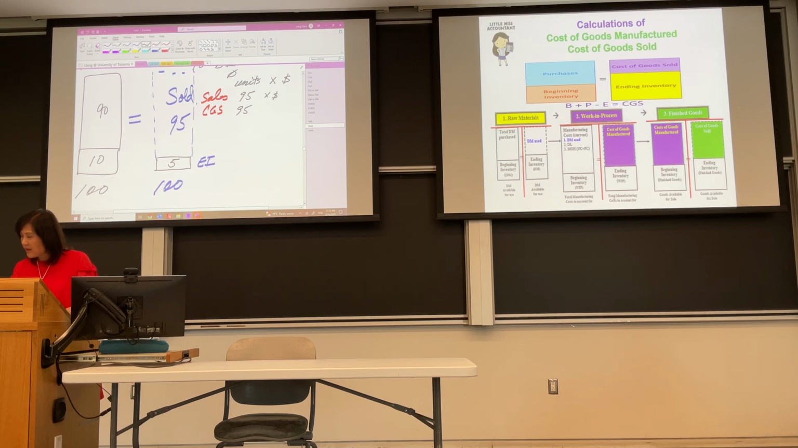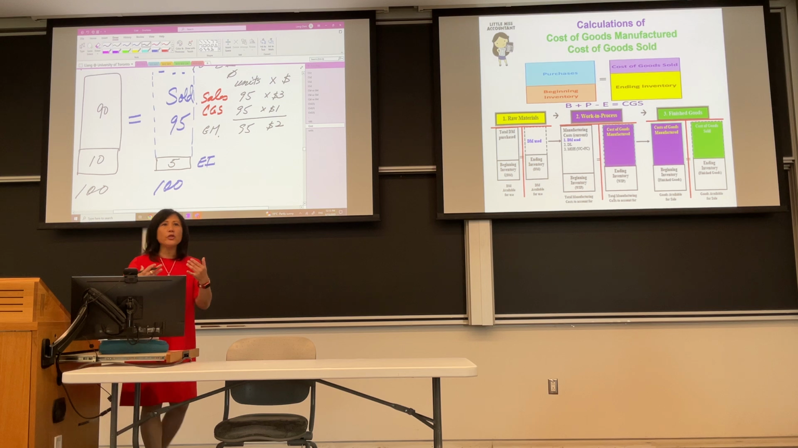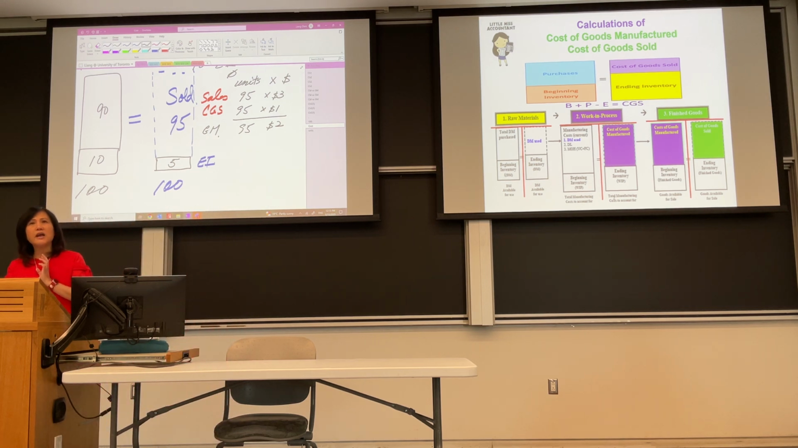Each one, I sell for $3, and $1 is my cost. So each one I make $2.95. This is called gross margin. So in terms of units, it's identical, but the dollar amount is different. Okay? So this is called calculation